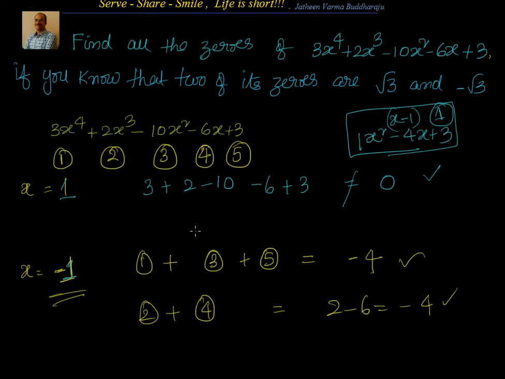So what I know now is that 3x to the power 4 plus 2x cube minus 10x square minus 6x plus 3 is nothing but equal to (x square minus 3) into (x plus 1) times something. And you can see, if you multiply that, what you will have here is x cube, but what you want is 3x to the power of 4. So you know that you should get 3x there, and also minus 3 here, I want plus 3, so it should be minus 1. How simple it is. You can straightforward get the values.